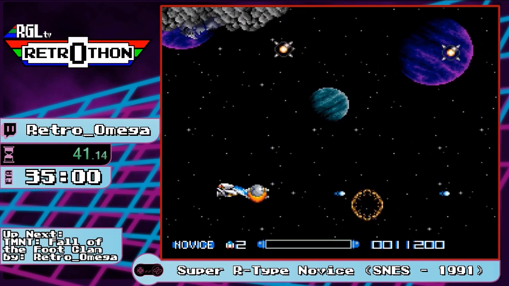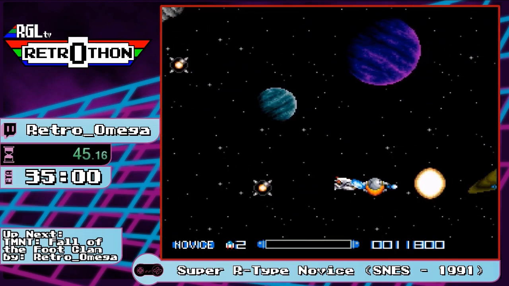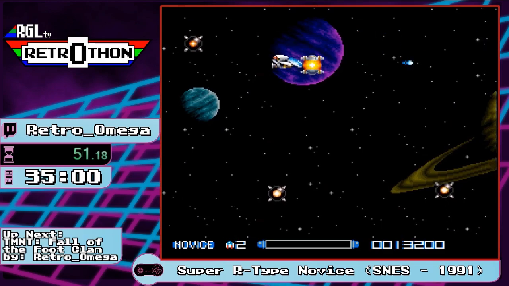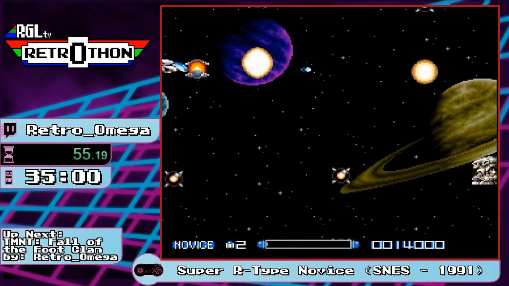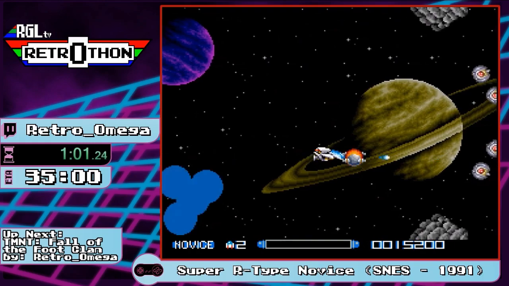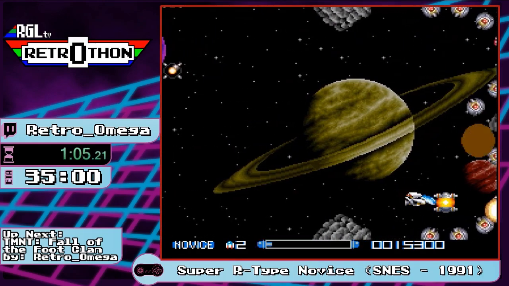And this is, as far as I know, sort of like a remix version of R-Type 2. It's a really cool shmup, and before I never thought I could actually ever run a shmup, but actually doing this one. So in case you don't know, R-Type is a side-scrolling horizontal shmup where you play as a ship and